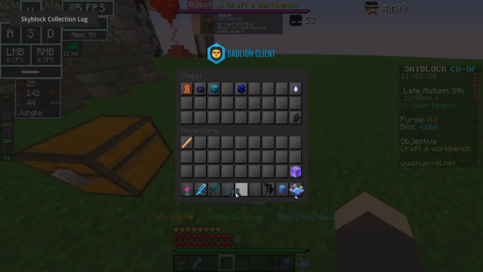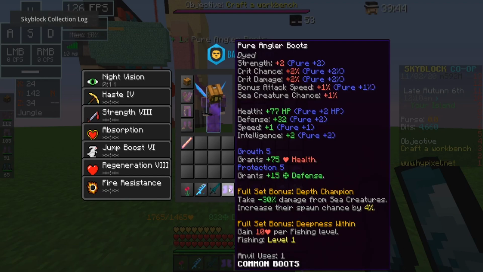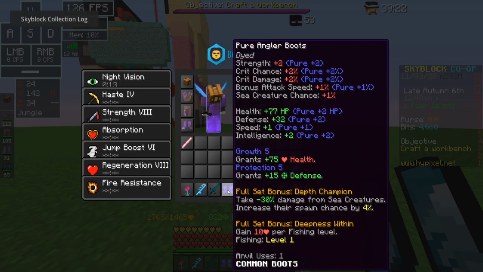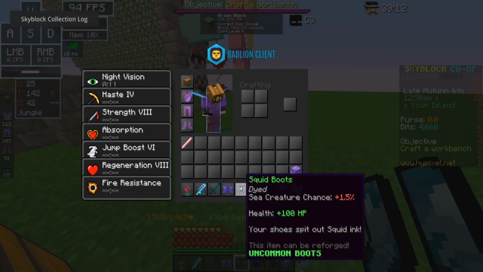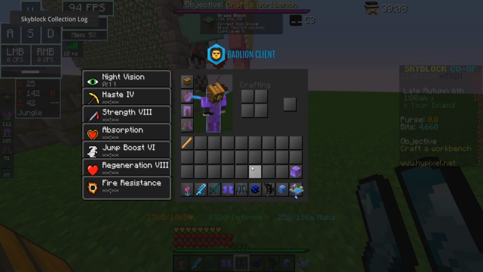Now, let's go over the easy ones. Squid Boots used to be very useless, it didn't do anything. However now, the Squid Boots actually give more sea creature chance than Angler Boots. And the Water Hydra Head gives more sea creature chance than the Angler Helmet, and it is almost more than a Diver's Mask. So yeah, the Squid Boots and the Water Hydra Head now actually do have a meaning to